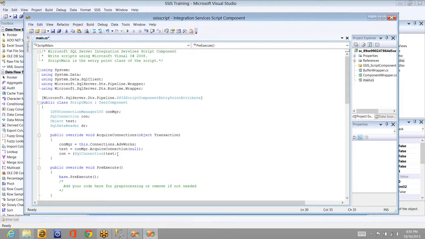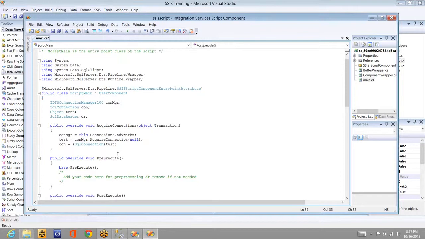In the PreExecute, what we are going to do here is declare the command and so on. People with a .NET background can easily understand what that command is. The command means a SQL command, using which you will pass the SQL statement which needs to be executed, or any database statement.